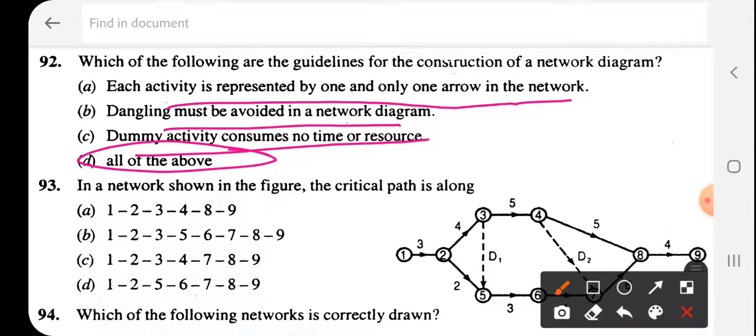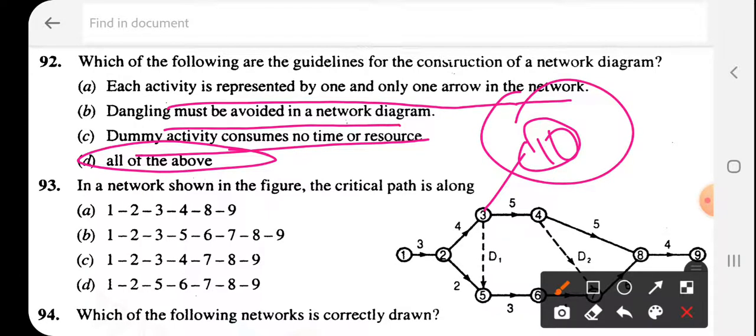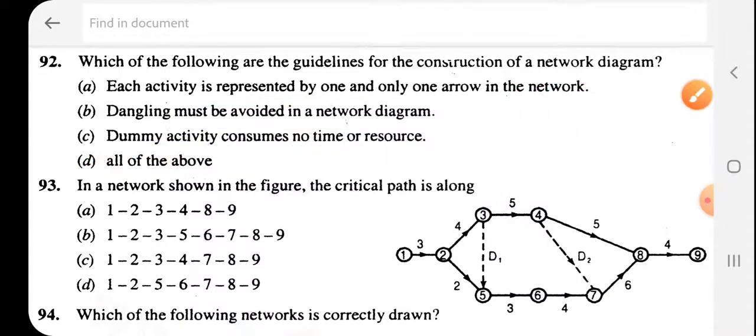So dangling means like this. If this is the network diagram, it will be like this. There is a 10, then it is called a dangling. So the output is not a complete cycle. Okay, cycle. This is called a dangling. Okay, so this is D.